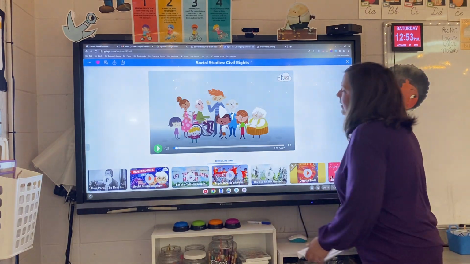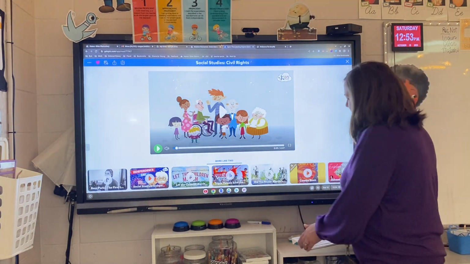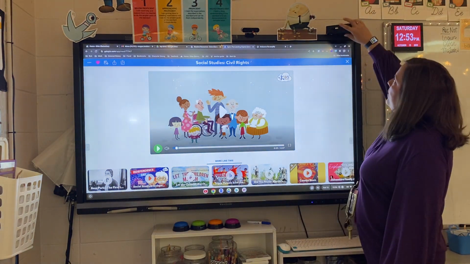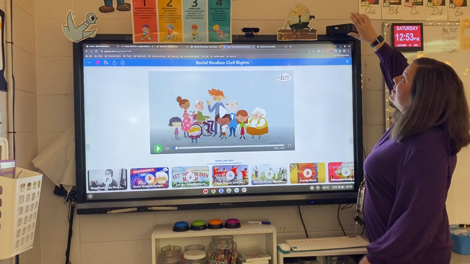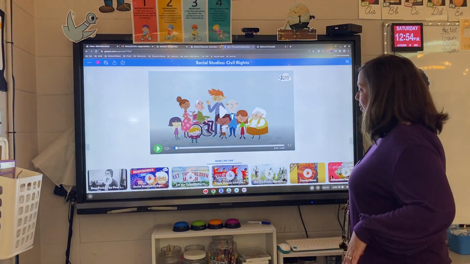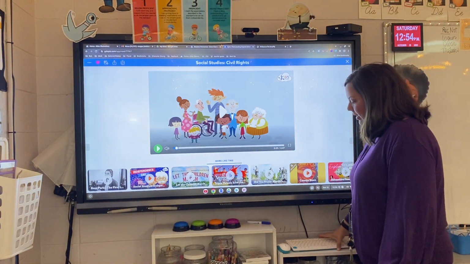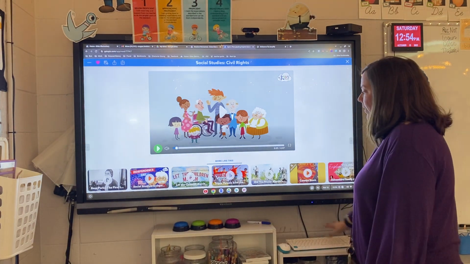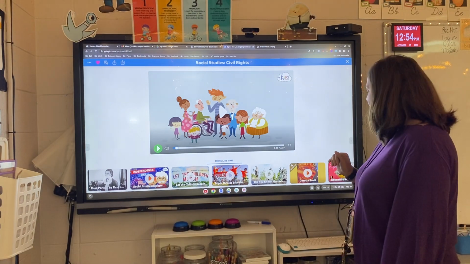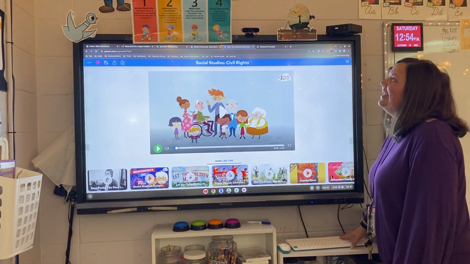I also highly recommend a wireless keyboard and mouse. Mine are connected with my little micro USB right up here inside my Chromebox. I do not like an on-screen keyboard. I think those are a pain, and so this was like a $12 thing that we can buy with some tech fee money, and it's much better. It makes life